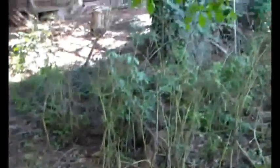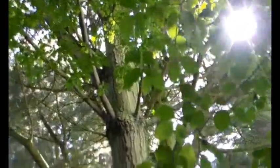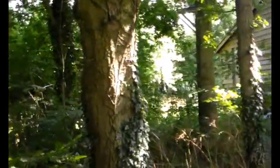And this is just in the shade of those Monterey pines. They are quite ant-like. And there's a couple of oaks here that we planted in 1986. Just walking through. Shady area. And just here